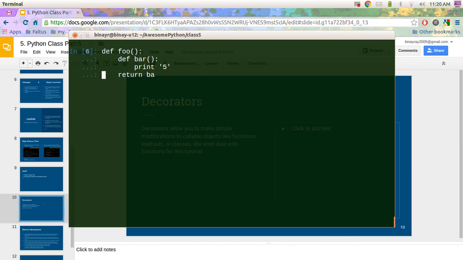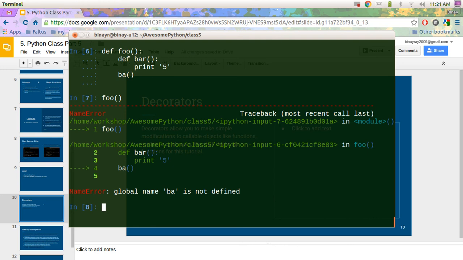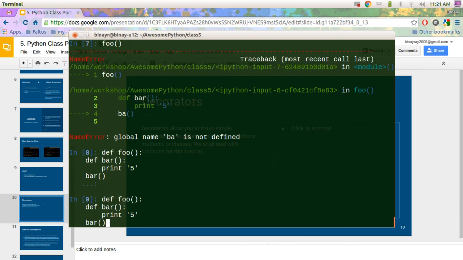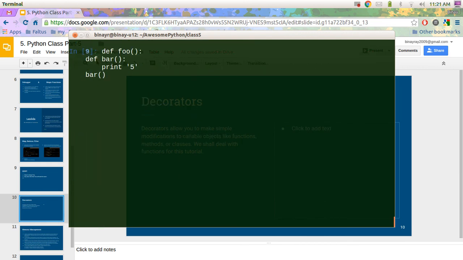Sorry, it should not be return, it should be an execution statement. So if I execute foo, okay, I have just missed an R. If I type foo here, it should print me 5, because